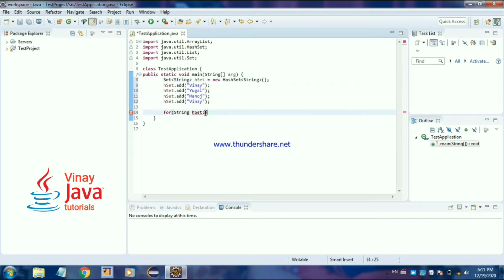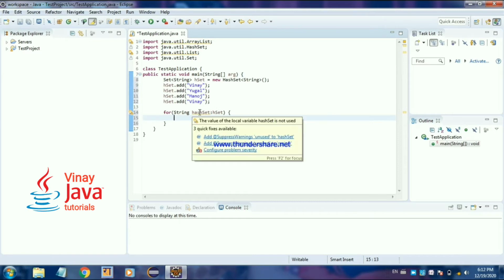So this is also, friends, the name is same, so let's change the name here. Okay, so after colon my hash set object is there, so one by one my for loop will iterate it, and it will give all the elements to hash set.